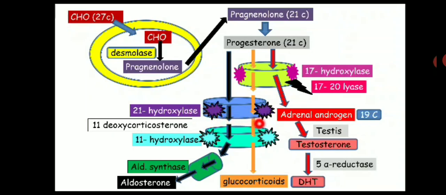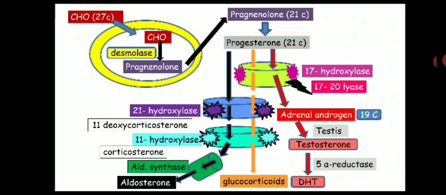Now for the product situated over here, there is no space so I did not write it down, but remember that the name is similar. It is 11-deoxycortisol instead of corticosterone. In the aldosterone pathway it is 11-deoxycorticosterone over here, while in case of the glucocorticoid or cortisol it is 11-deoxycortisol. Now after 11 hydroxylation, the product is known as corticosterone over here, and over here it is known as cortisol. After 11 hydroxylation, the product is cortisol, while in case of aldosterone, it is known as corticosterone. That's it.